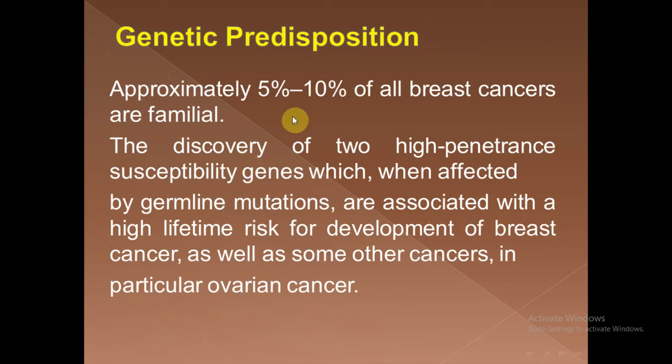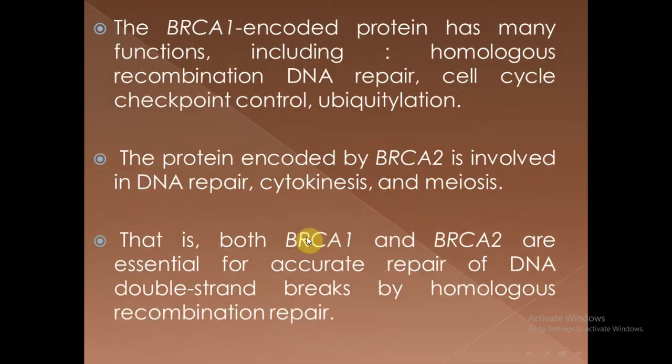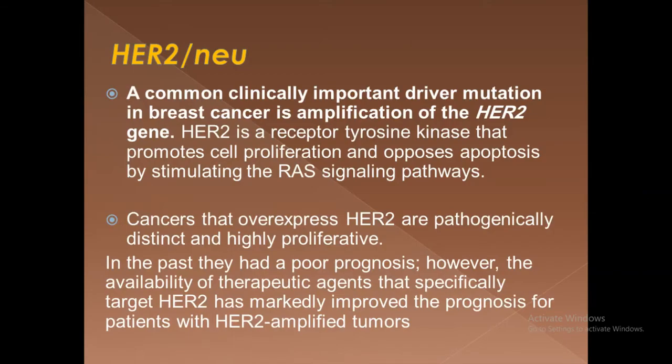You know about the genes that are involved in breast cancer, and we will pass to the diagnosis. But just here I want to show you the association between HER2/neu gene mutation. HER2/neu is a clinically important driver of breast cancer, and its amplification leads to breast cancer. HER2 is a receptor tyrosine kinase that promotes cell proliferation and opposes apoptosis. It increases cell proliferation, and increased cell proliferation can lead to a mutation at one point, and it acts as an anti-apoptosis. It stimulates the RAS